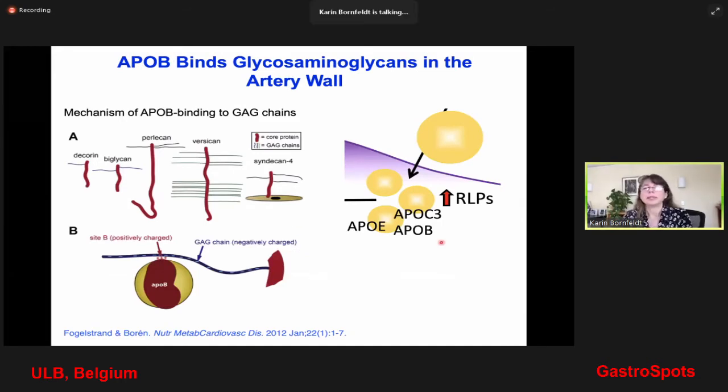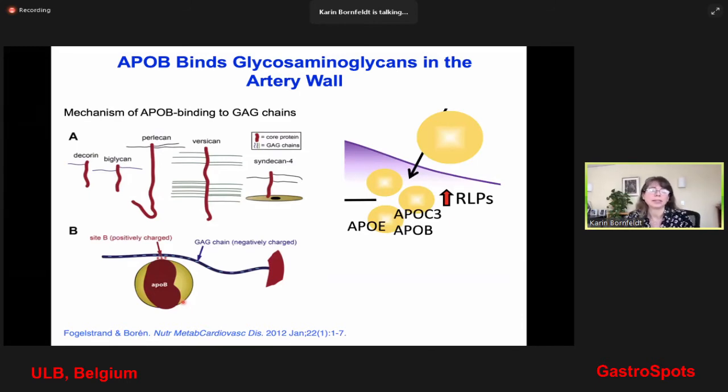So why do these particles accumulate in the artery wall in the setting of diabetes? Is it just that they circulate for longer and are not hydrolyzed to the same extent as in the non-diabetic setting? Or could there be local changes in the artery wall that make these particles be trapped more in the diabetic state? So it's well known that ApoB, which is present on these particles, has positively charged sites, and